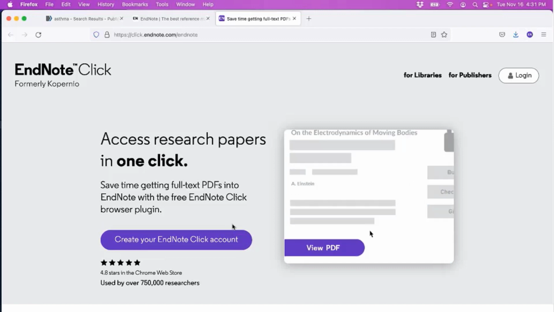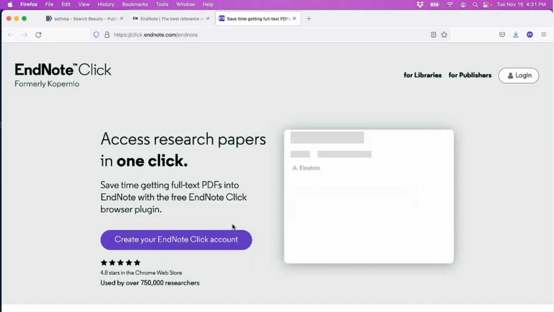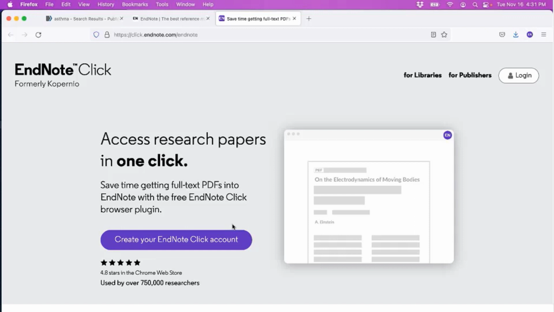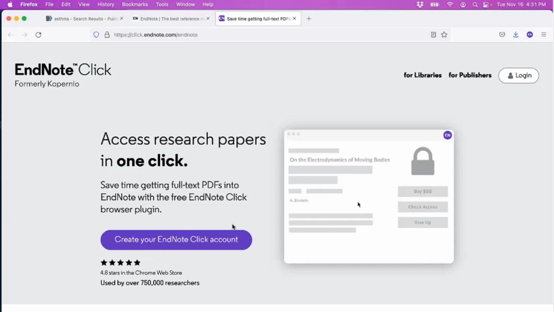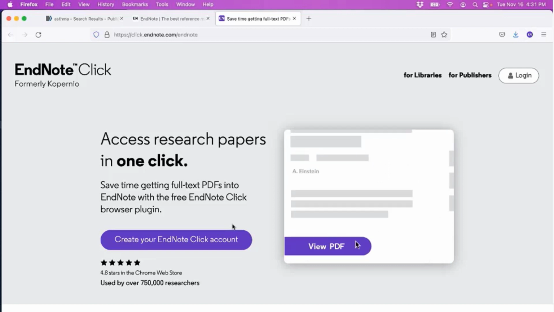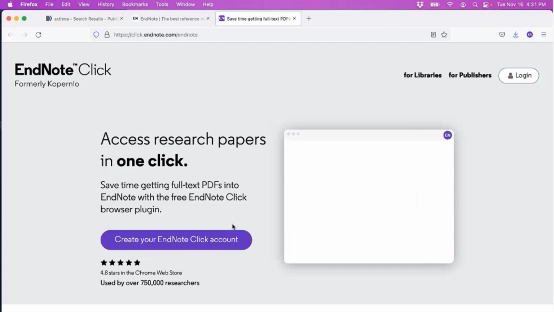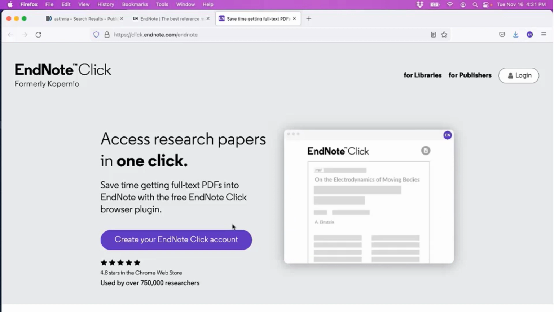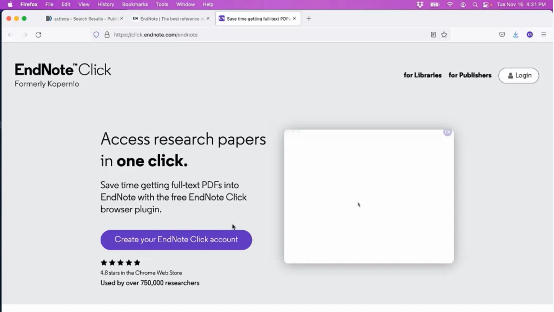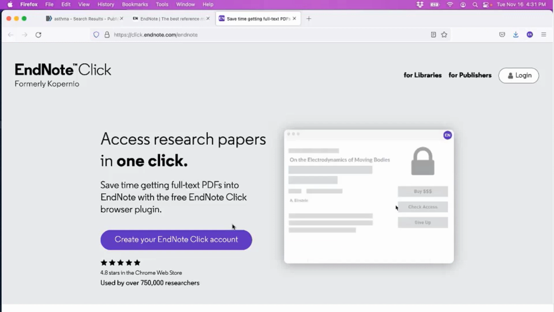This is compatible with Google Chrome as well, other Chromium-based browsers like Microsoft Edge. You can load this in the Opera browser. The one mainstream browser it's not yet compatible with is the Apple Safari browser, so I do apologize, but we are collecting feedback if you want to pass it on to the EndNote support team.